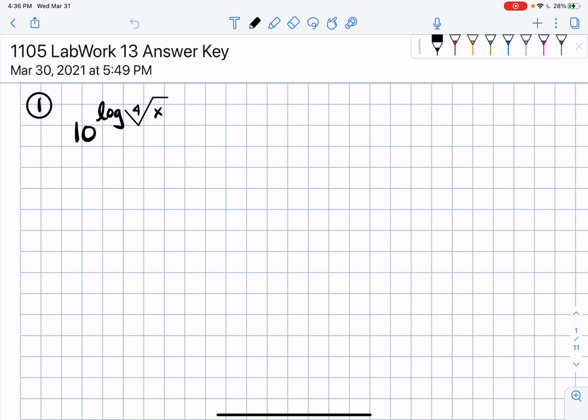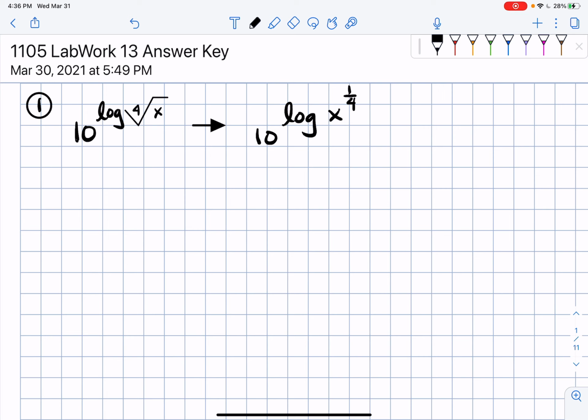All right, first problem. 10 raised to the log of the fourth root of x. Well, number one, I have to convert this fourth root to a rational exponent, which is going to be 1/4. Okay? So with that being said, what happens is that the 10 raised to the power and the log base